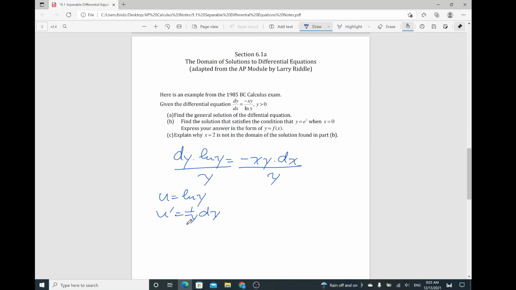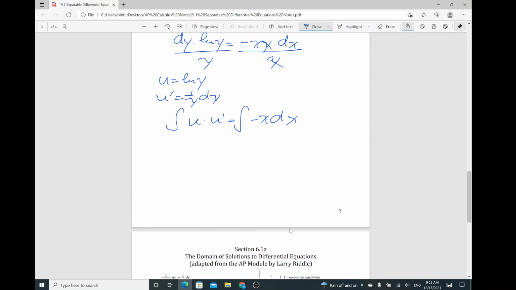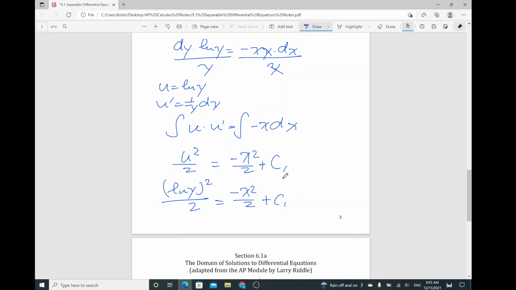Using the u substitution, we get the integral of u prime, and for the right-hand side, it's just the integral of negative x dx. The integral of u prime gives you u squared over 2. Okay, that's c, we just want to add it on the other side right here: negative x squared over 2 plus c1. And then u, we want to unpack at this moment. So it's natural log of y, quantity squared, over 2, which equals negative x squared over 2 plus c1. And then in order to solve for c1,